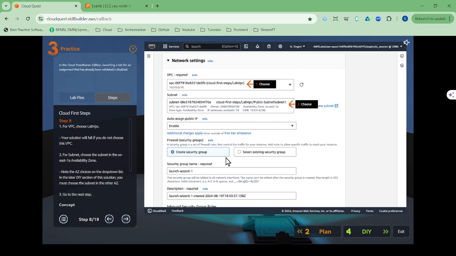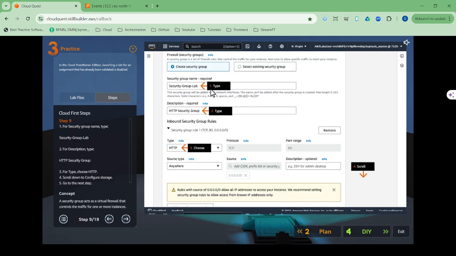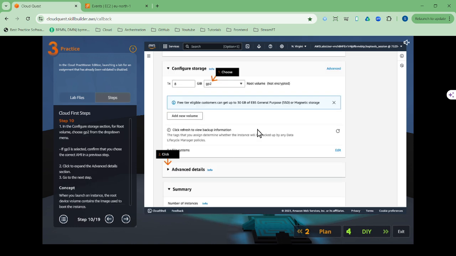Okay, then you can create your own security group. Let me explain what a security group has. You can name it, you can add some descriptions, and remember that you have to select type, which is HTTP, because we will be checking our created EC2 instance by using the HTTP port, I mean from browsers. Okay, so once you select HTTP, we will scroll down, and again you will be selecting some